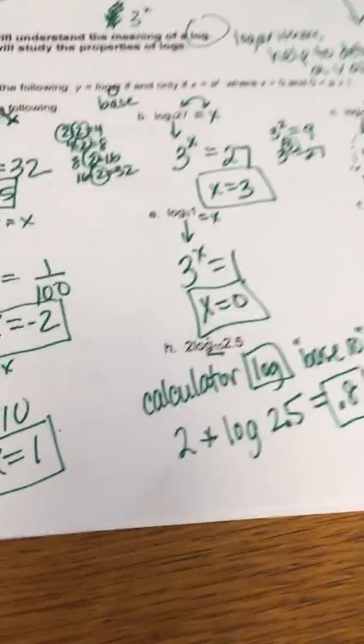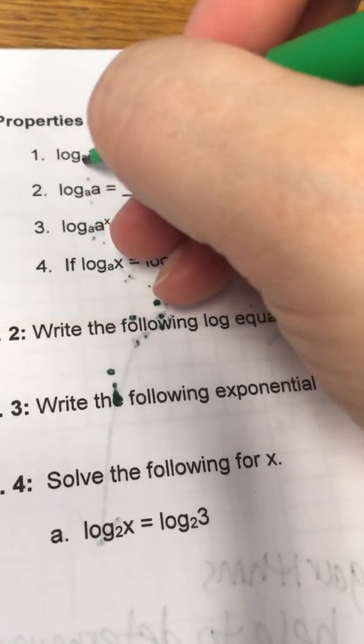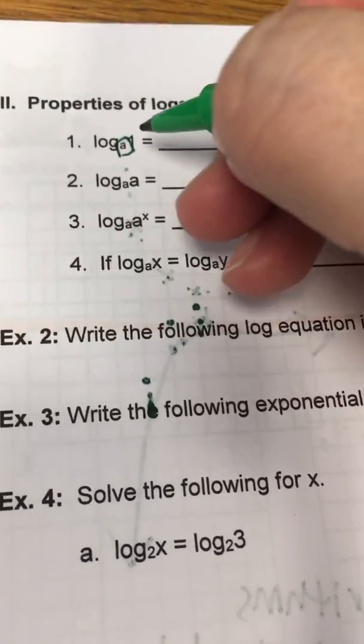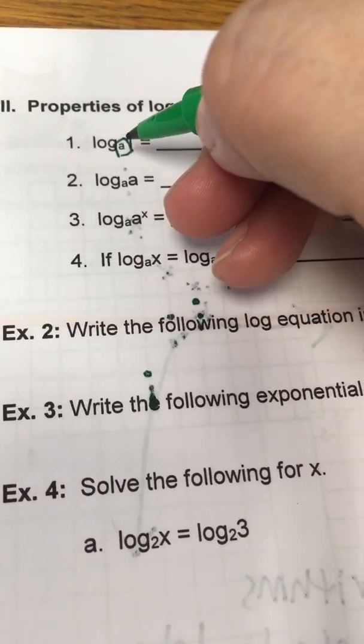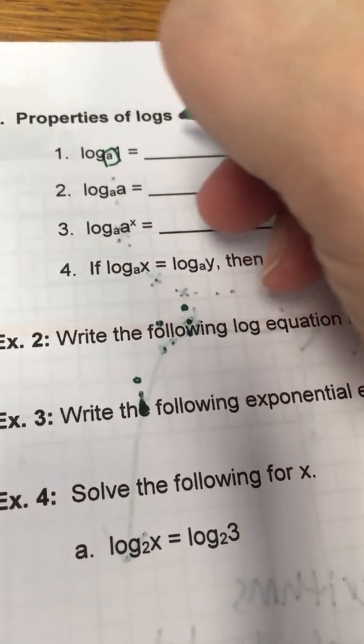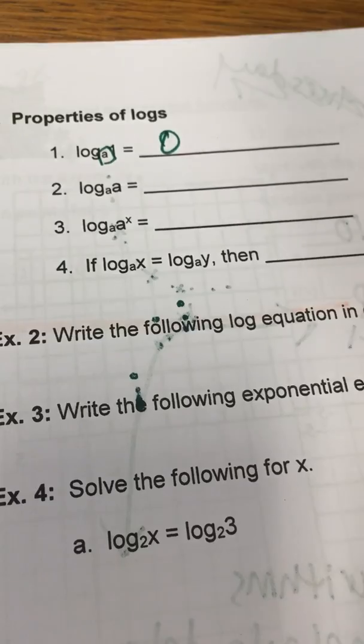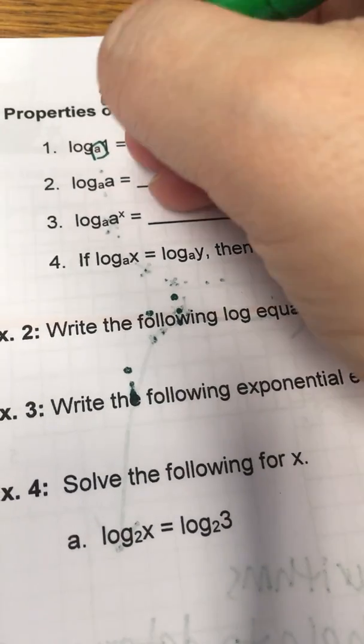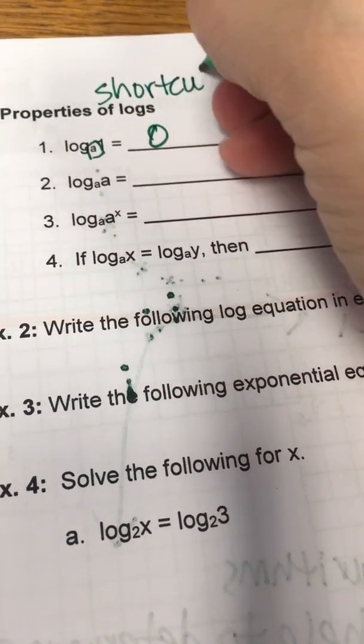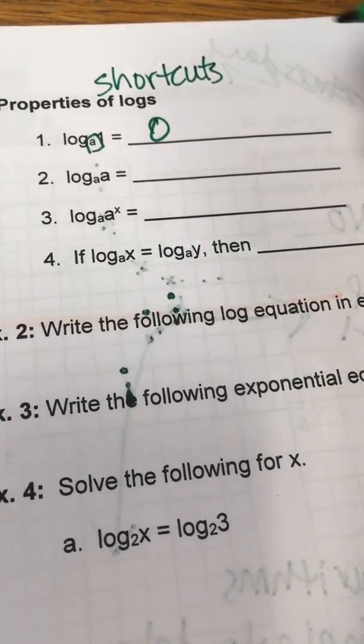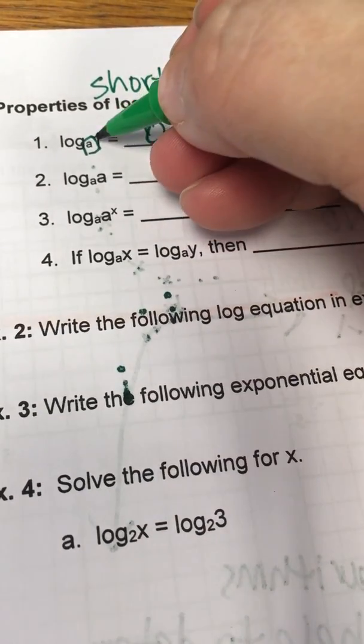All right, so turn over to page 6. A few shortcuts that you see here. If you ever see log to some base a equal to 1, doesn't matter if the a is a 12, 4, 10, whatever, this is automatically equal to 0. So these are shortcuts. If you just need to go through the problem and do them, that's fine too. But these are shortcuts. Anything with base 1 equals 0